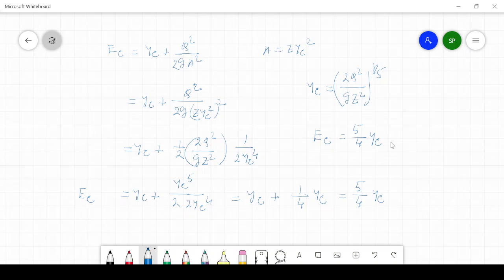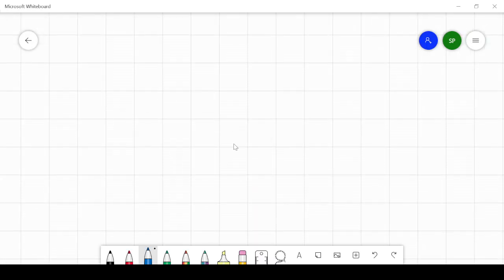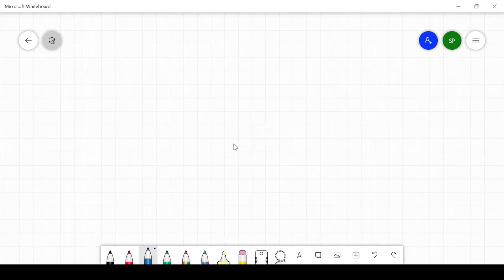See, for rectangular and triangular channel, you can directly find out the value of yc and Ec. That means there is a definite expression for value of yc and Ec. But if this channel is trapezoidal, you cannot directly find out this value. You have to do trial and error. Why do you have to do trial and error? Just I am showing you why. What is the necessity actually? Why you cannot find out? Because